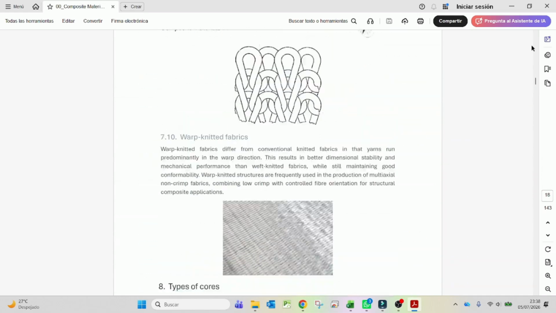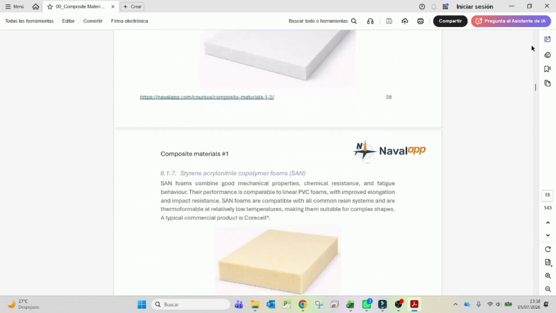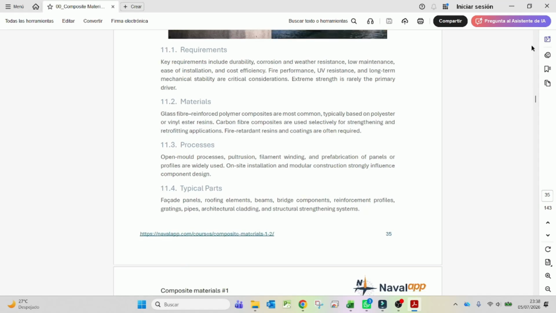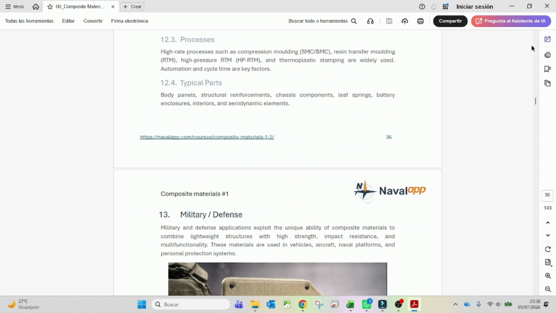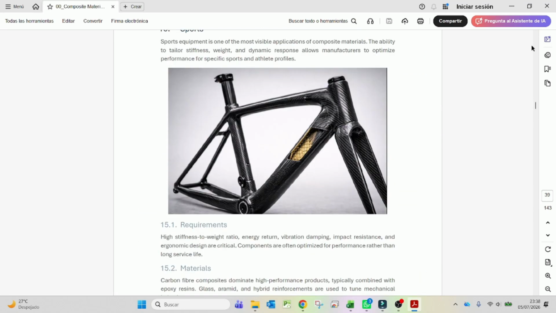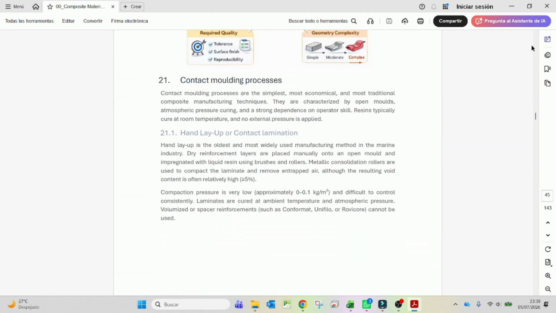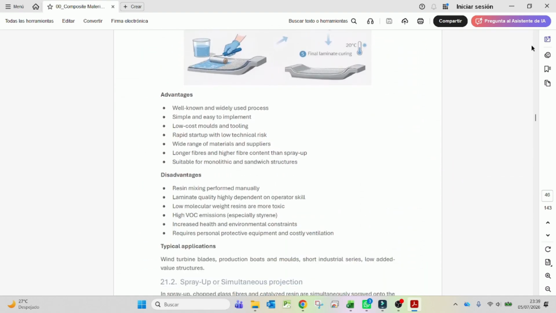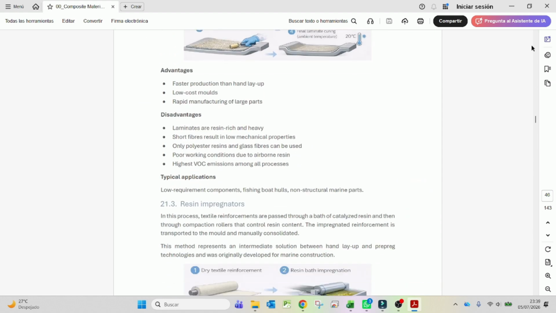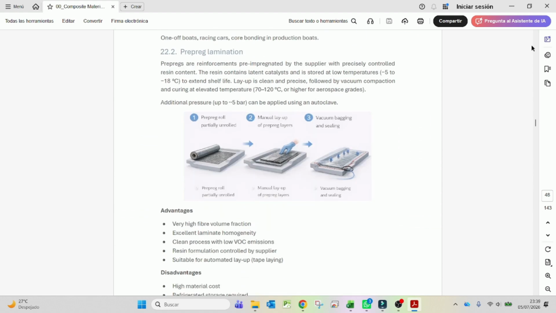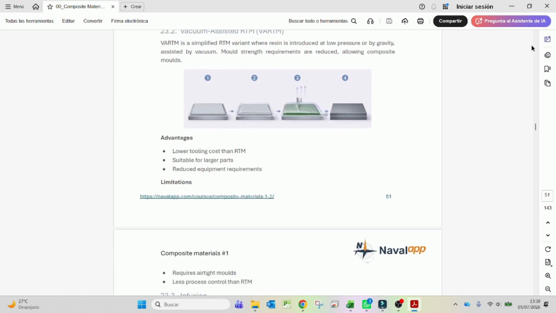If you are revisiting vacuum infusion, laminate design, or repair philosophy months from now, you can go directly to the corresponding lesson without having to search through the entire course. If you prefer having everything in a single document, you can also combine all the lesson PDFs into one complete course manual. Many students find this useful as a reference handbook that they can keep and consult during future projects.